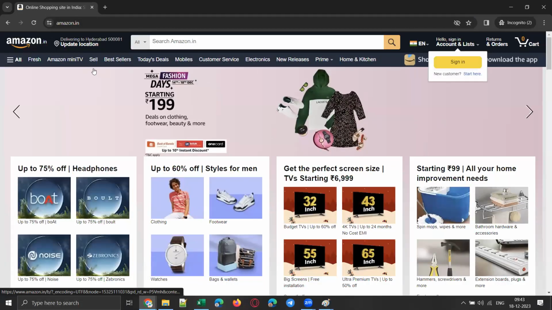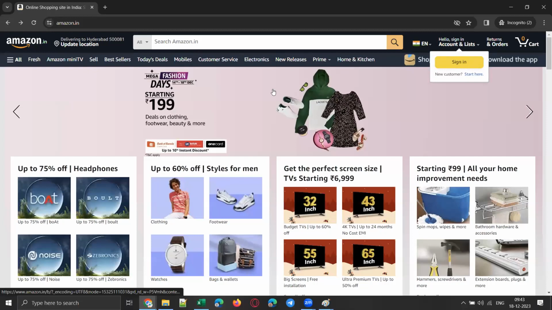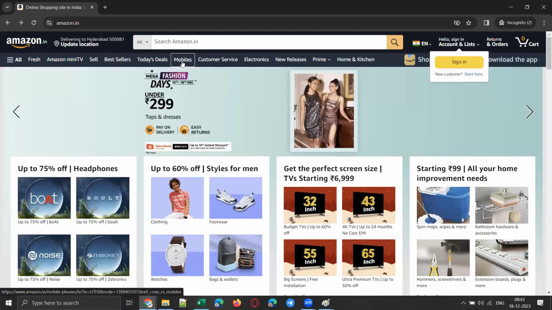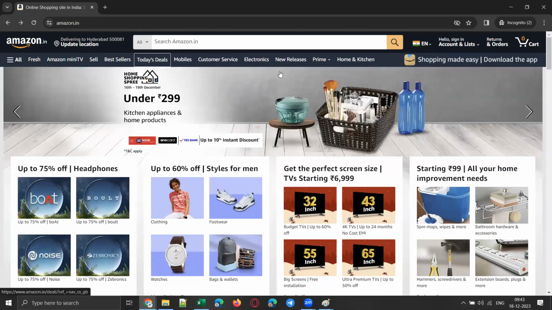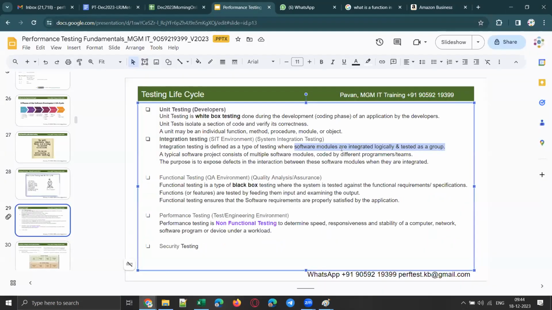So let us say if you take this Amazon application, this can be one module. Amazon Mini TV can be one module, isn't it? In the same way, these different applications, of course, nowadays are developed as microservices. We'll discuss that later in the last week. What is a microservice and all, we'll discuss that later. Previously, we used to call them modules, or this application used to get developed as different modules. However, nowadays we have something called microservices. Each of these is developed as a microservice. Clear, guys? Now, after combining all these modules or different parts of the application, we should test it